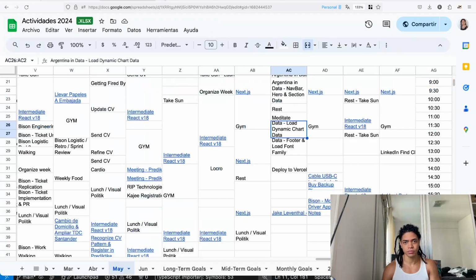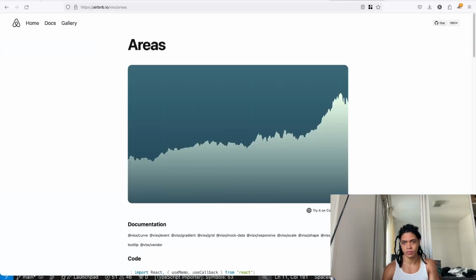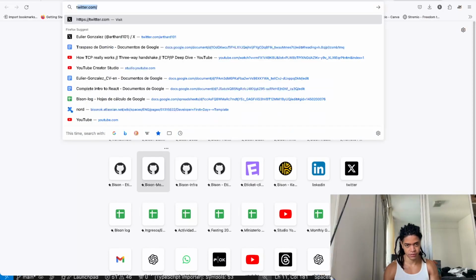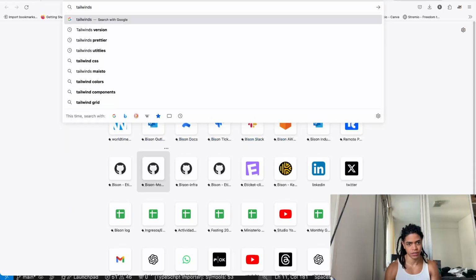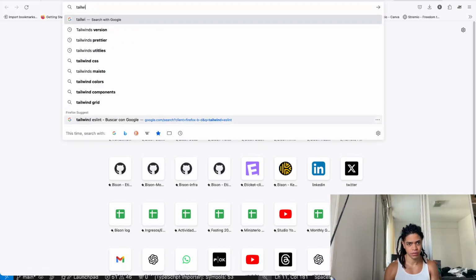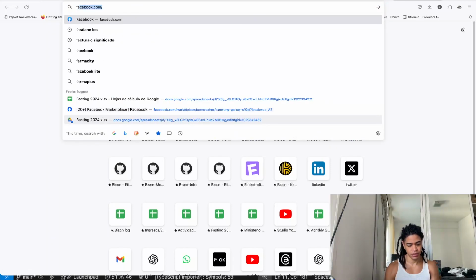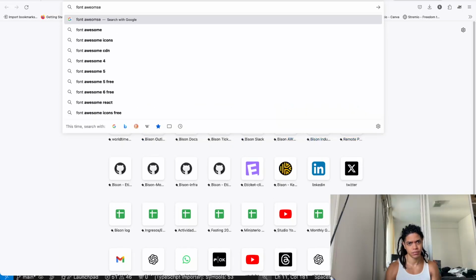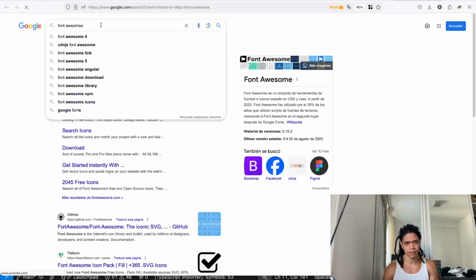Because those icons come from Fab. Let me see if Tailwind actually comes with icons, or if we can integrate that. I think this is Font Awesome in Tailwind.